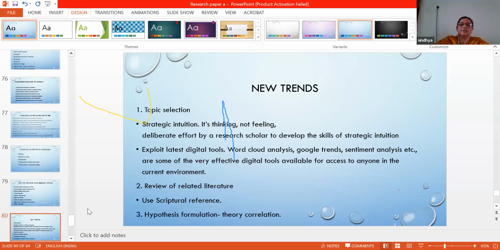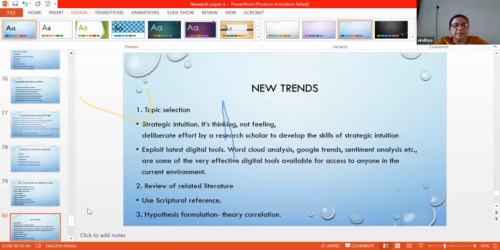So word cloud analysis means there is a list of words. So what is the intensity of that word? That is a visual software where we can see which word is highlighted, and the intensity of the word is highlighted. That word is more written or referred to by other people. So similar digital tools are there for reviewing different variables and topics, so that we can include them in our research process. And when you review the related literature,